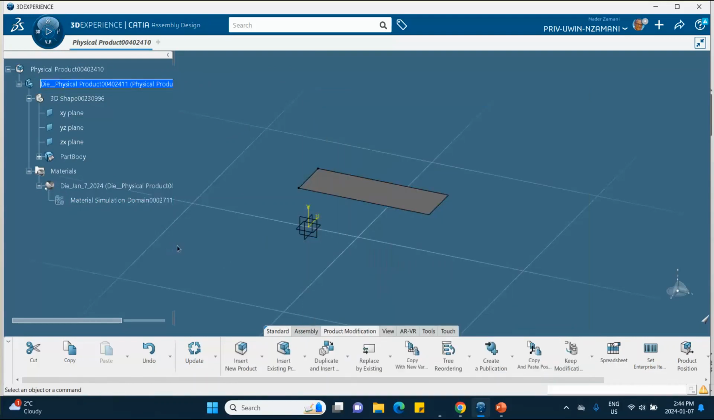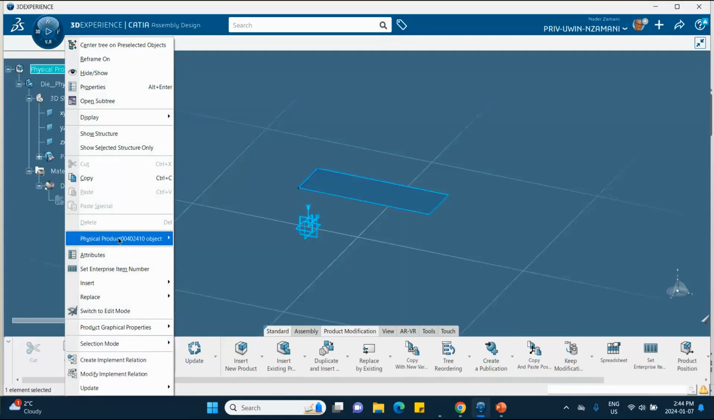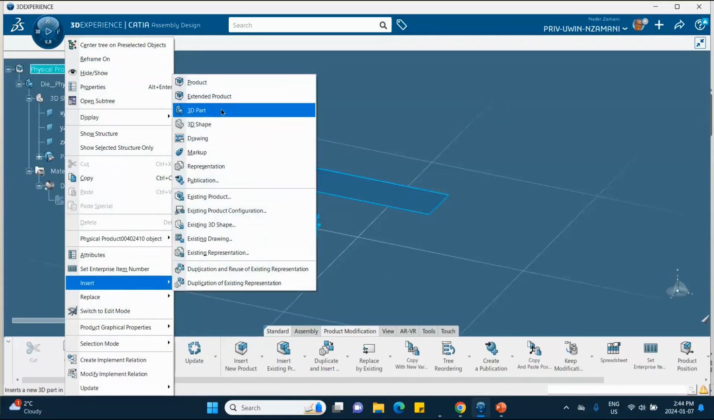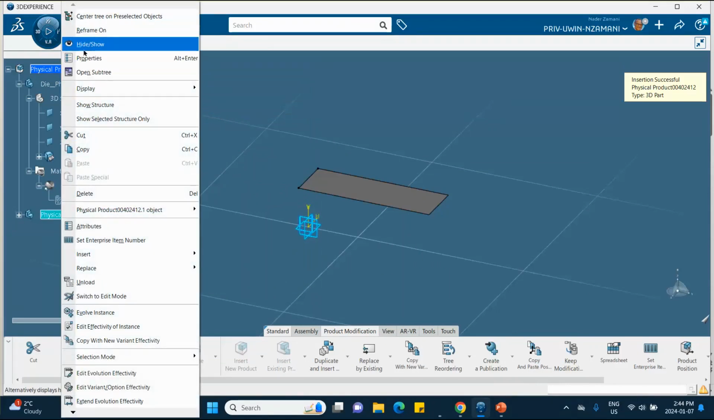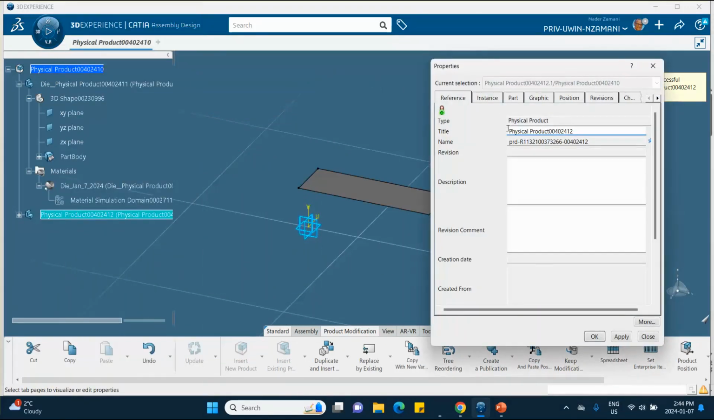Pretty much done. Okay, so let's go ahead and insert our next part, which is the analytical surface. So I'm going to go there. I'm going to go all the way to assembly. You can see that assembly design. Right click, insert, another 3D part. I'm going to call this thing ARS, analytical surface. Right click, properties, call ARS. Okay,